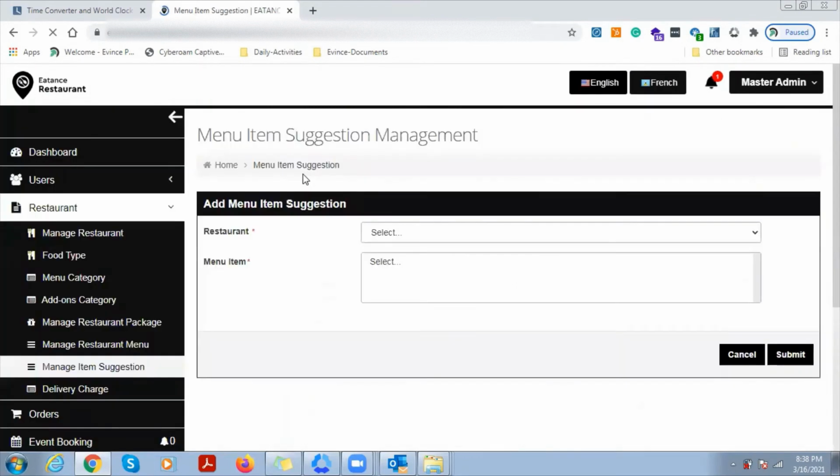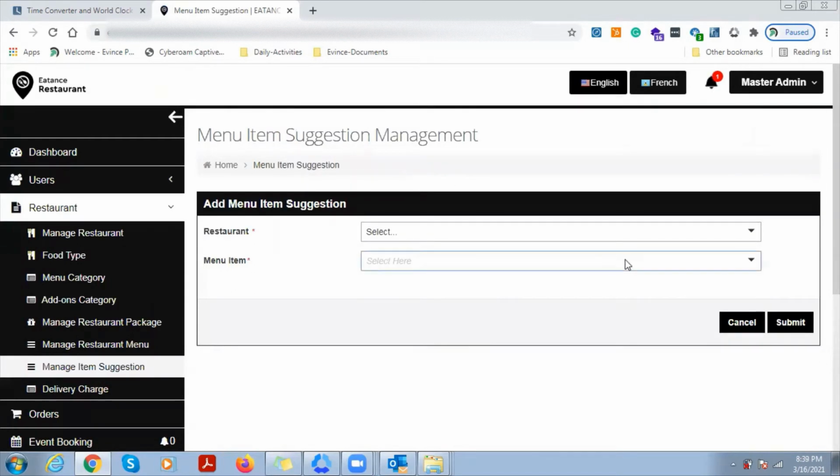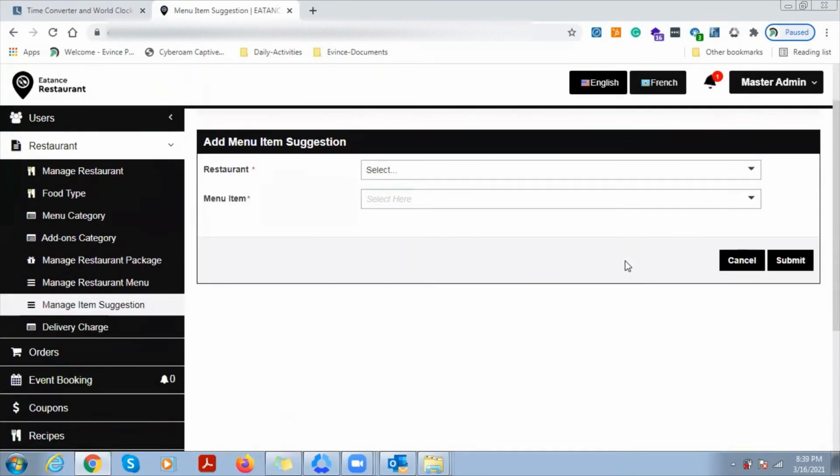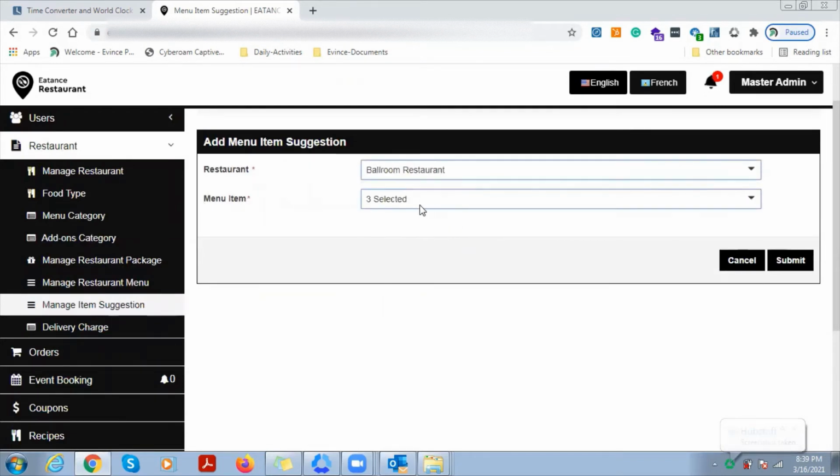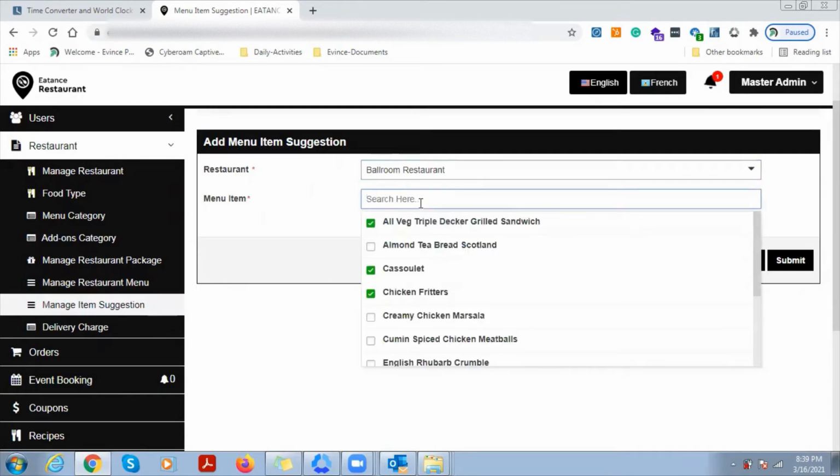Going further on manage item suggestion, this is one advanced feature which we are providing with our new administrator panel, where the user can view only a limited 3 items of the menu under the menu section while doing the checkout process. So if there is something you want to sell as an add-on or something you want to sidekick, you can select it over here. For example, let's take a selection of the restaurant name, and I will say from the menu item,